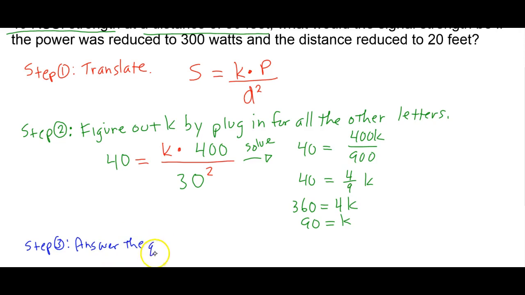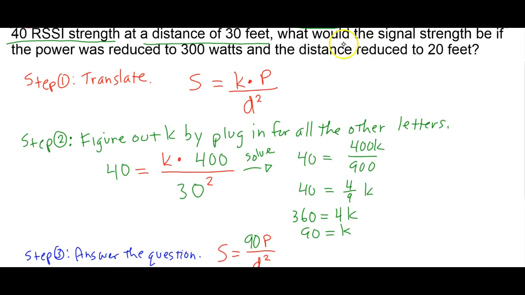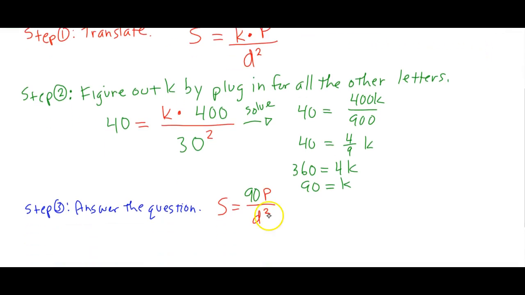And the way you do this is you take the super generic equation we started with, combine it with the K we just figured out, and finally read the actual question part of the question and see what you need to do. So here the question was, what's the signal strength if power is reduced to 300 and distance is reduced to 20? So take this equation,